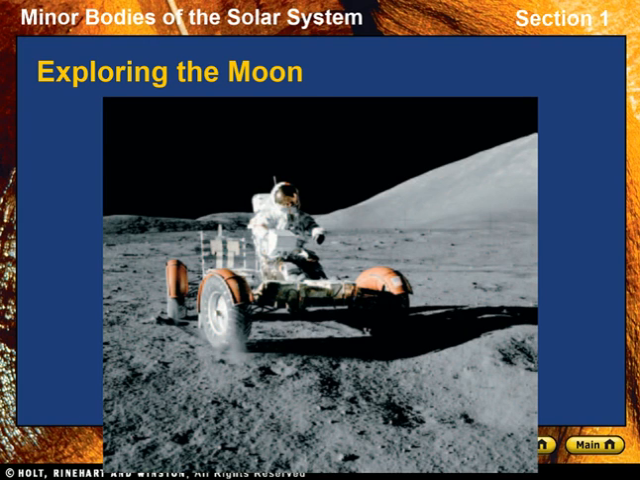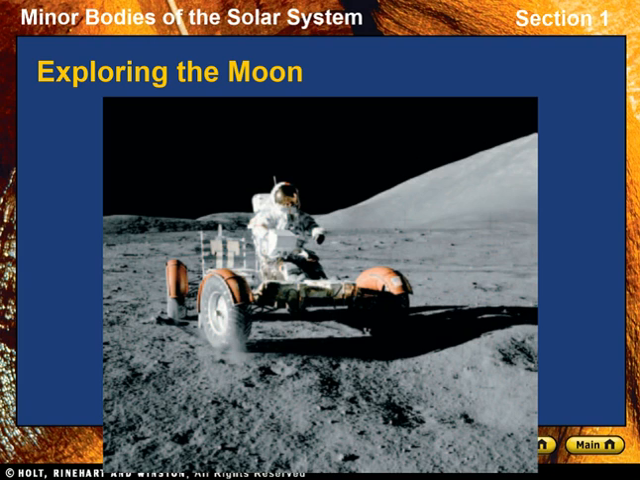Exploring the Moon. Between 1969 and 1972, the United States sent 6 spacecraft to the Moon as part of the Apollo space program. Apollo astronauts found that the Moon's weak gravity affected the way they moved. They discovered that bouncing was more efficient than walking. Apollo astronauts also explored the Moon's surface in a variety of specially designed vehicles, such as the one on the